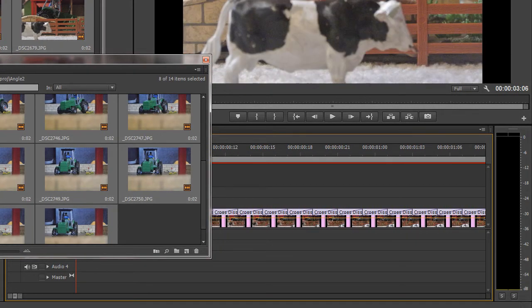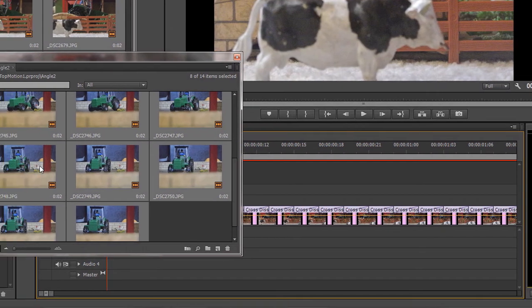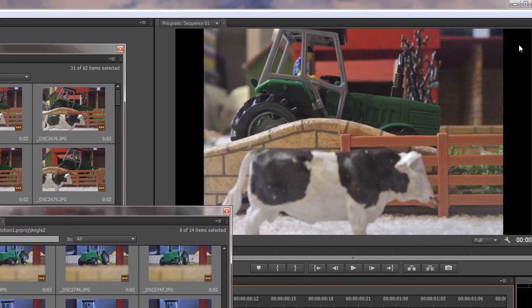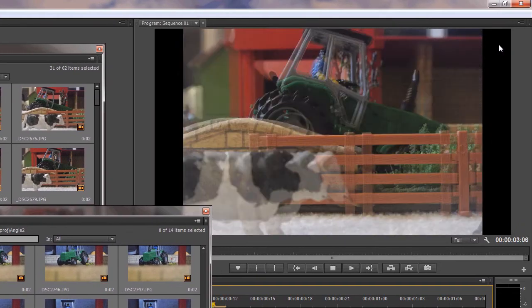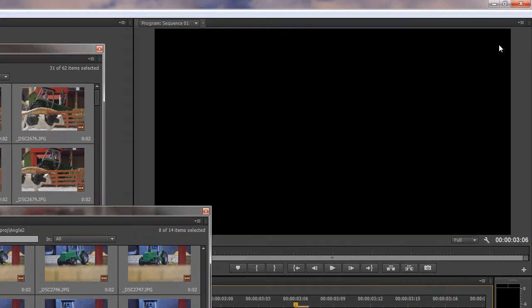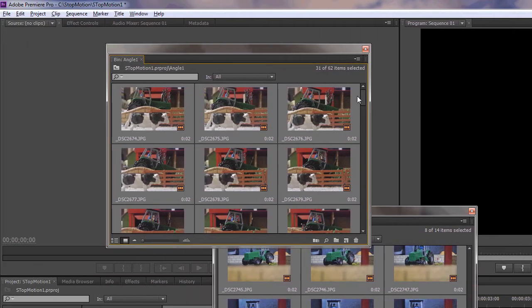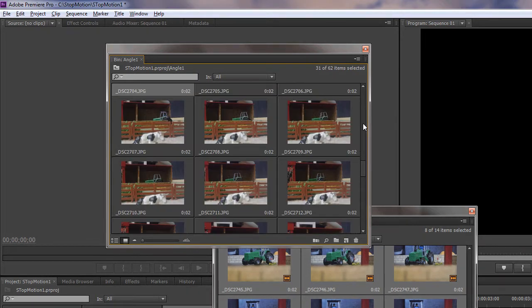Play this through in the program window. There we go. And then I'll just go back to my first bin, select the remaining clips from when the tractor stopped moving, which would be